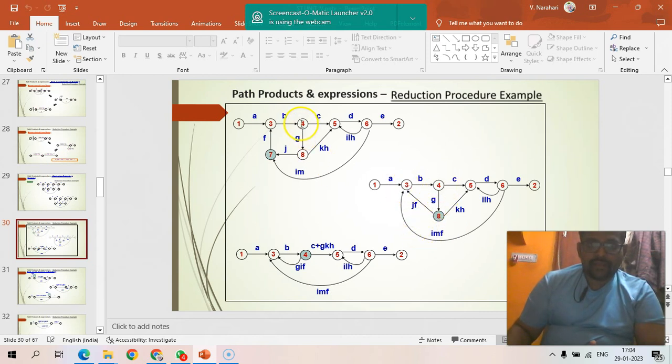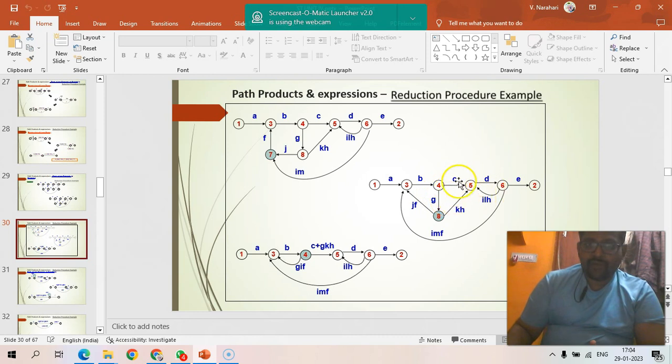and GJF. Or else, here this one is there, so we will apply only JF. If I remove this 8 node, see, 4 to 3, 4 to 8, 8 to 3, 4 to 8, 8 to KH. So this will apply the serial rule and this will become also serial rule, and it will happen